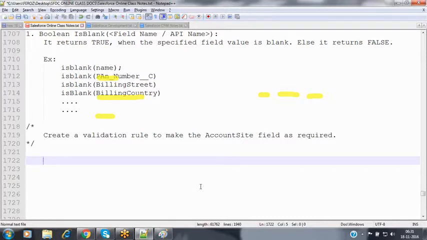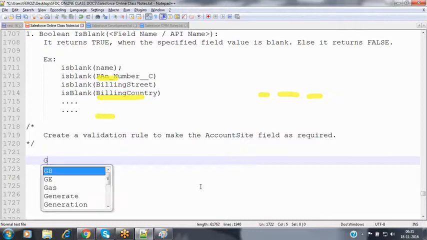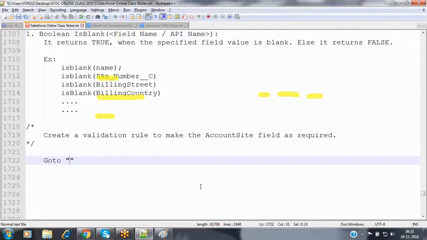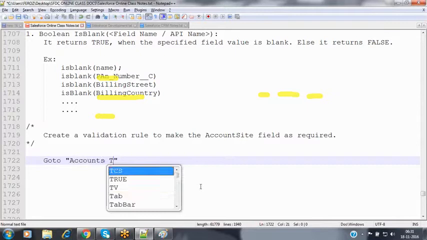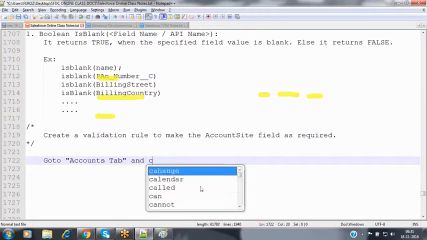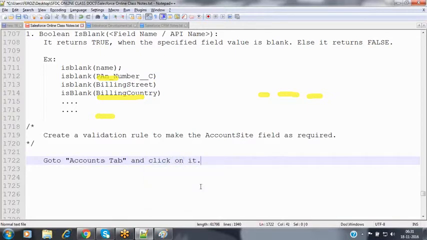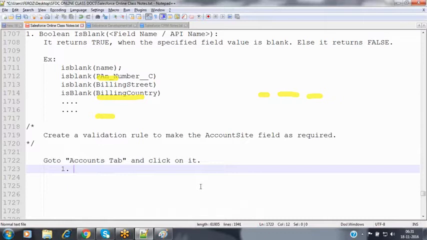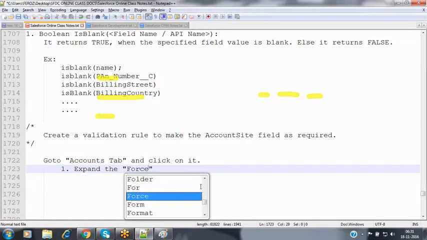In order to create that validation rule, let's go to this navigation first here. Now, go to Accounts tab and click on it, and expand the force.com quick access menu.